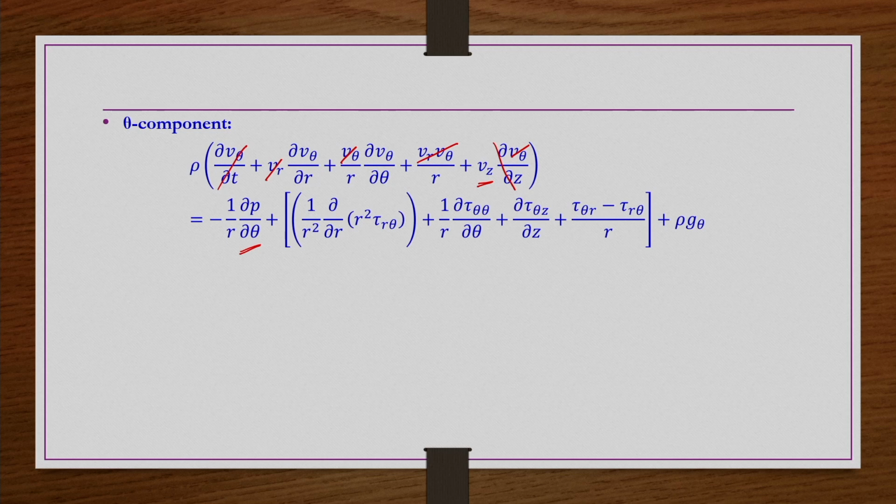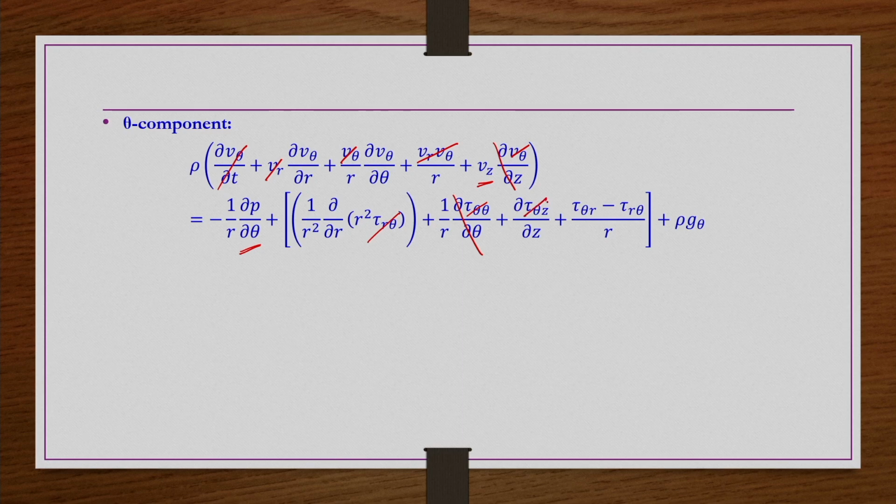So, just retain it as it is. And then only tau rz is existing. Tau r theta is not existing for this flow problem, it is one dimensional flow that we have taken. So, now this is cancelled out, or this tau r theta would have terms related to V theta and Vr, with V theta a function of r and Vr a function of theta, maybe. Both Vr and V theta are 0, so this should also be 0, and the same way this is also 0, because of the symmetry.